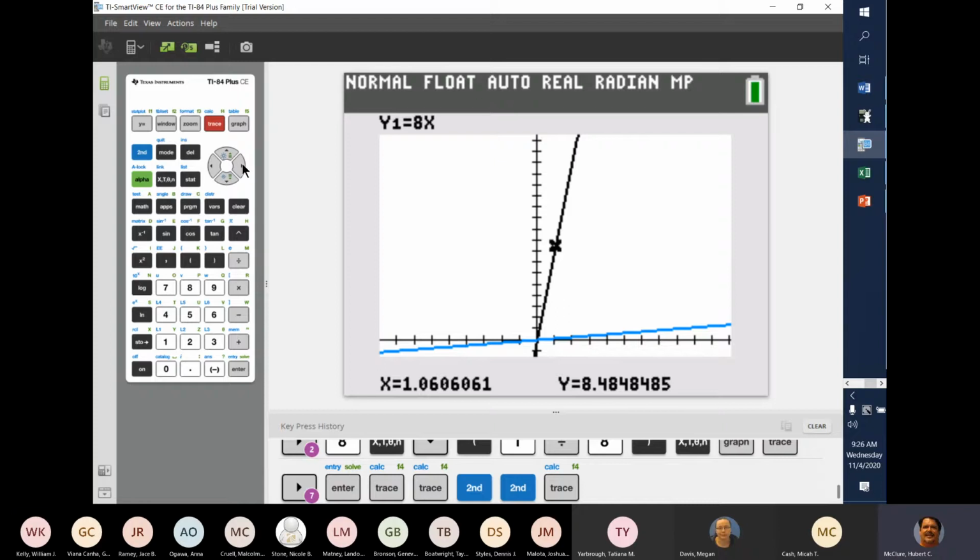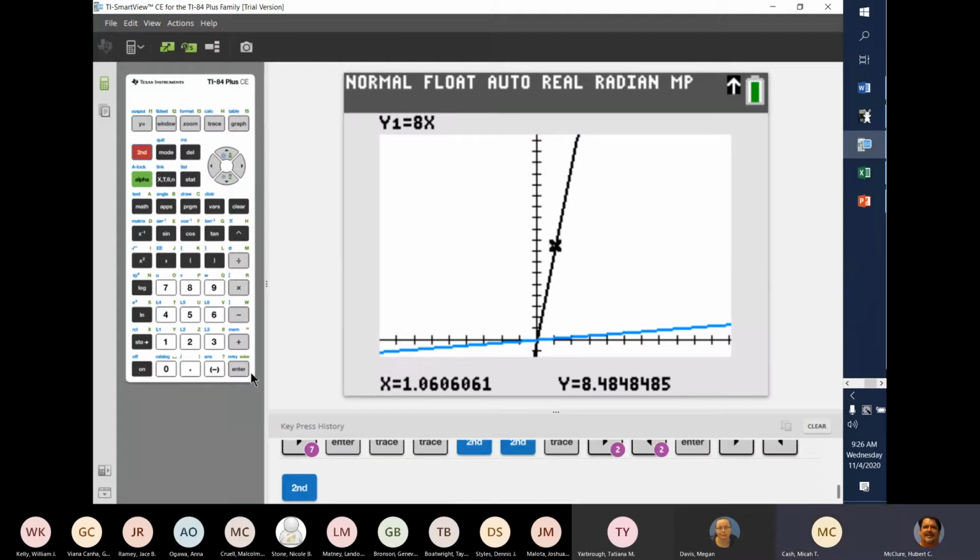Why won't it go to the other? How did I get it to go to the blue lines? Anybody remember? Is it second enter? It should be one of your arrows that switches lines. There we go. I got it. Down. All right, now watch what happens when I go to,